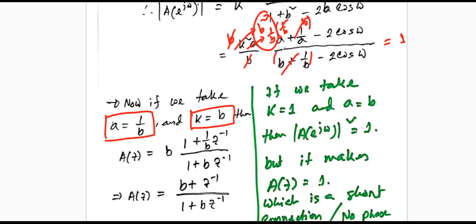So in that way, we can prove that this is equal to 1. There is no problem. Now writing these two conditions, K is equal to B and A is equal to 1 by B, what happened